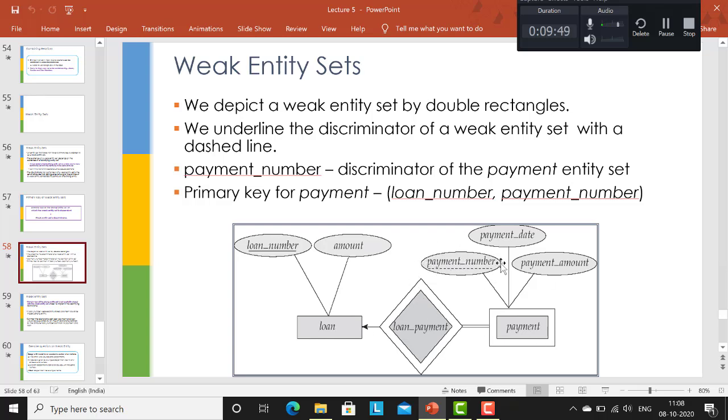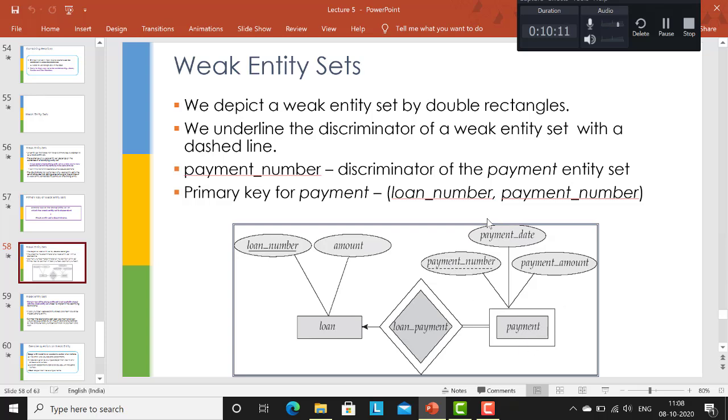So now when this gets converted into a relation, then of course, you will create a table for loan, you'll make loan number the primary key, and this part is trivial, there is no big deal. And